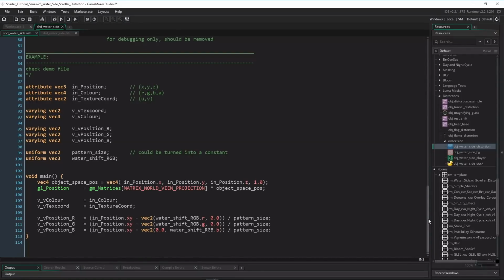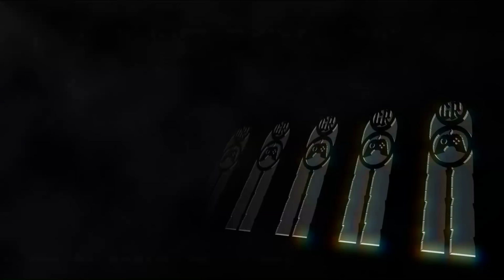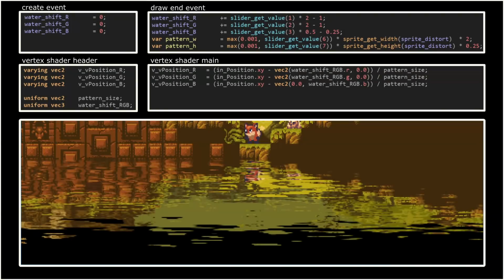Let me once more try to explain this with an illustration. This is the image already distorted, and above that is the code in the object and the vertex shader. The distortion will happen in the fragment shader though. In the vertex shader we just build a coordinate system for that. Let's have a look at water shift R, G and B first. In the create event we've set those to 0. In the draw end event we increase or decrease them by something from -1 to +1 each frame. Then we send those 3 variables to the vertex shader as a